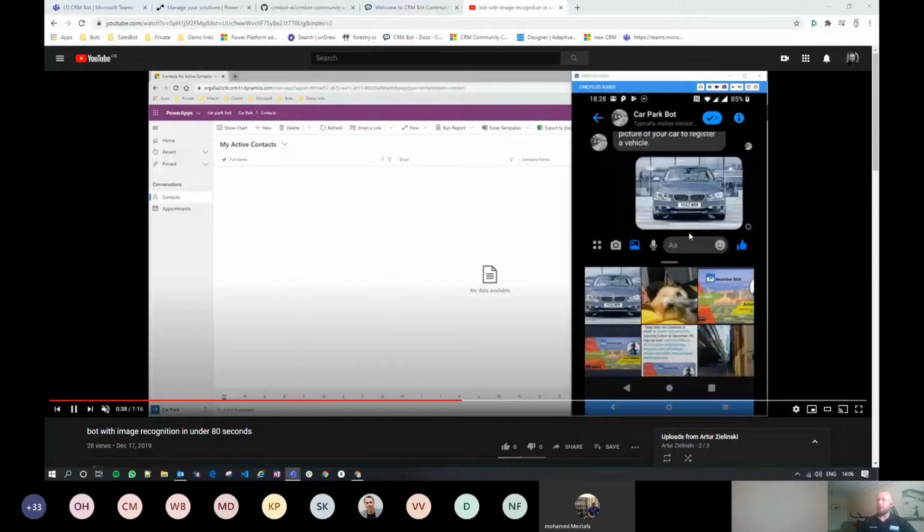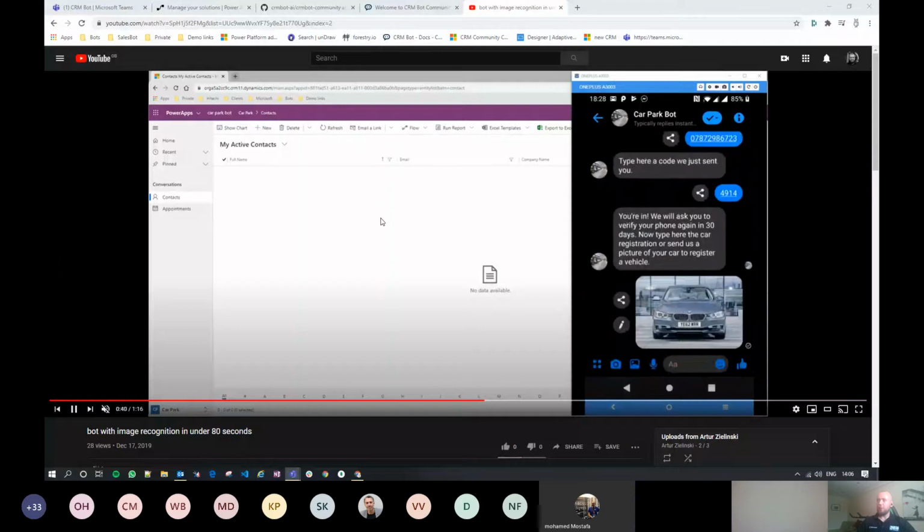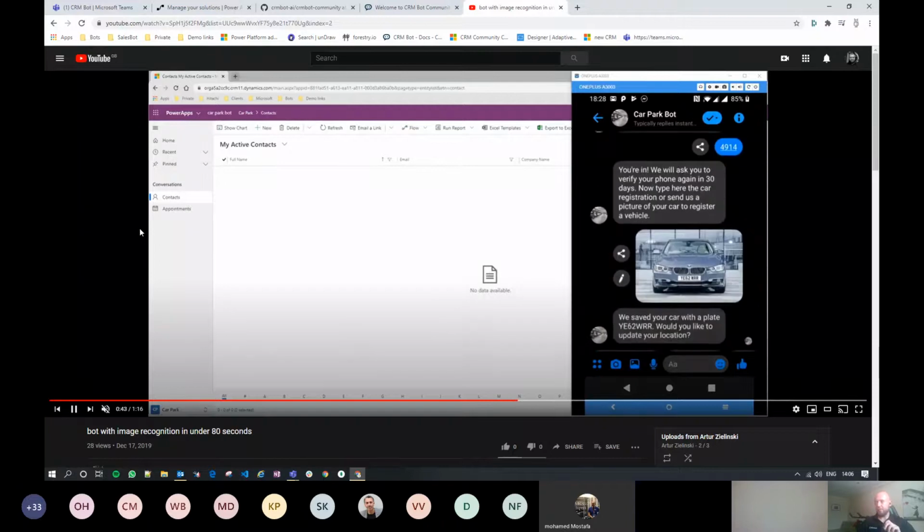You send an image of your vehicle, and we use custom vision to analyze that image and extract your vehicle registration plate, go through a DVLA database and get the make and model of your car, and store that info in CRM in real time.